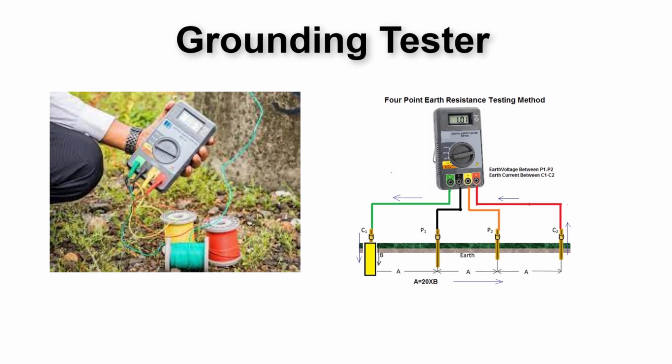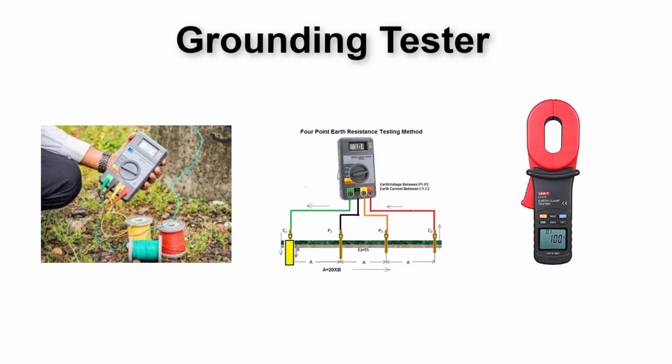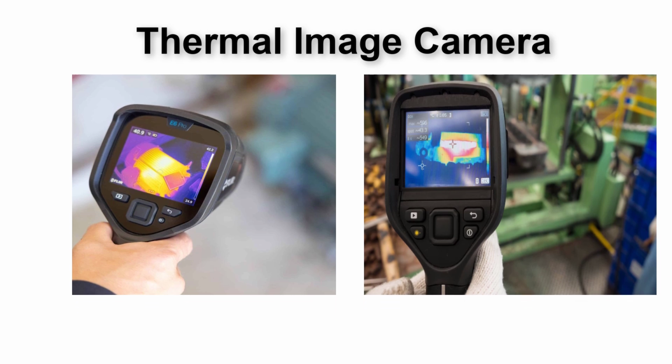We also have a grounding tester that we use to test the value of a grounding rod. Also, we have a clamp grounding tester that is used in closed loop grounding systems to check the grounding resistance of any cable. We also have a thermal image camera that is used in predictive maintenance